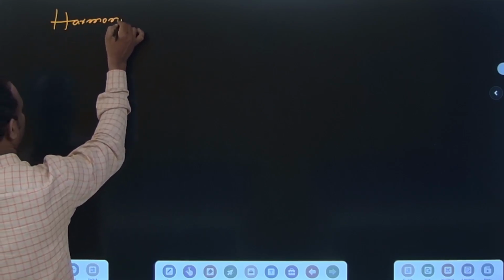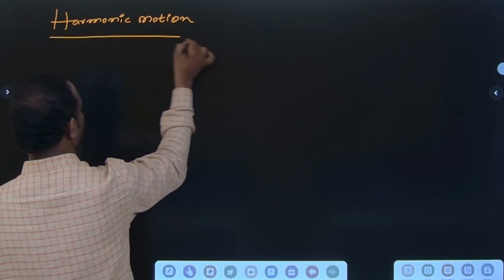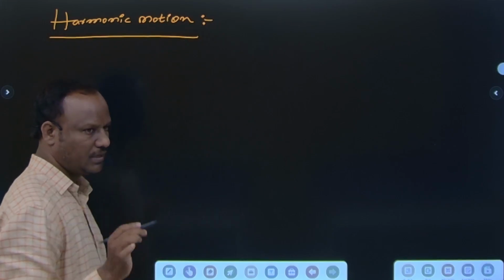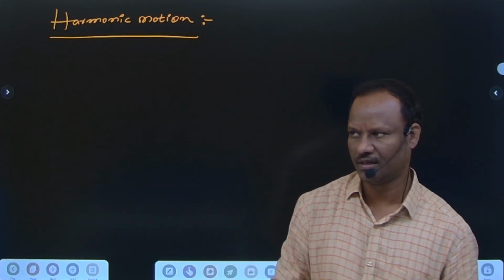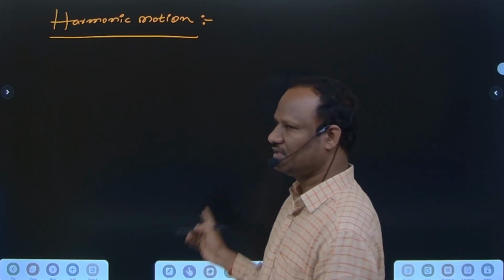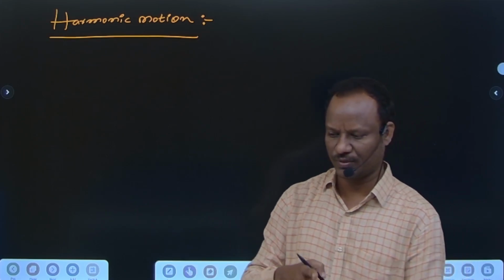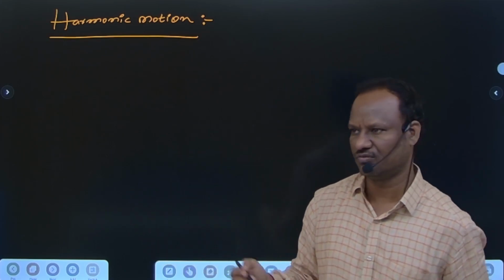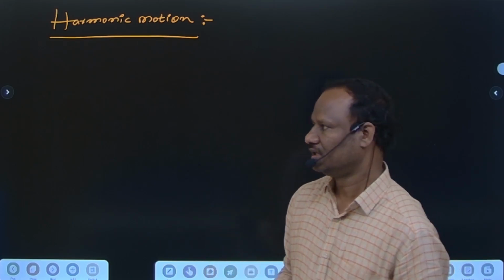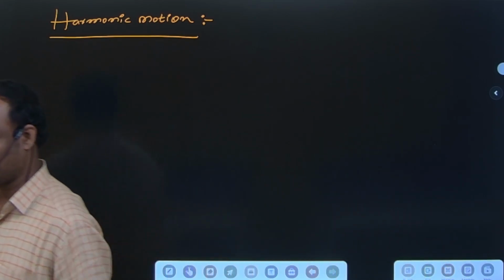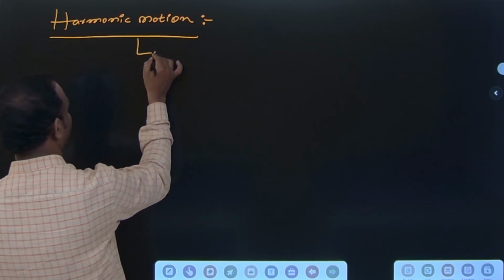Harmonic motion. Don't get confused with periodic: periodic motion moves along the same path in equal intervals of time. Oscillatory motion moves to and fro about a fixed point, towards and backwards. So what is harmonic motion? The motion of a particle, if it is